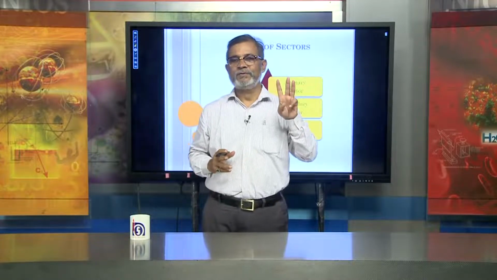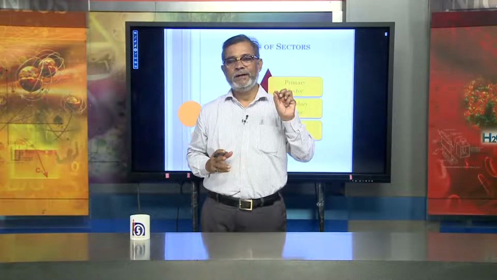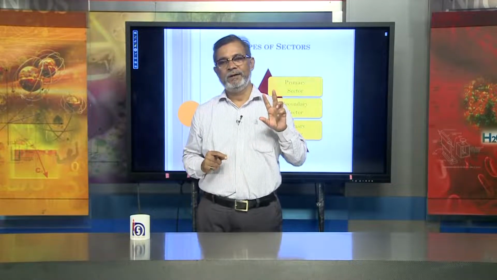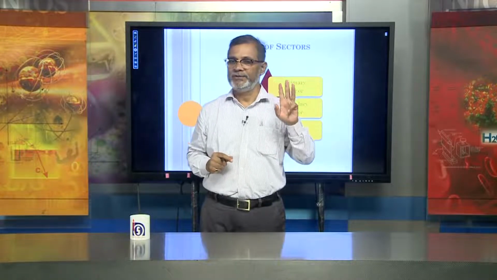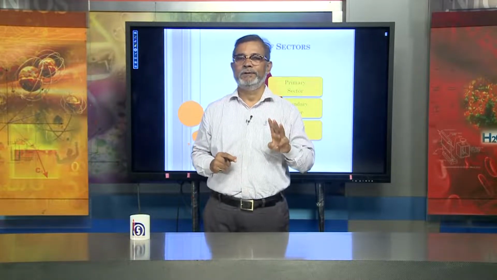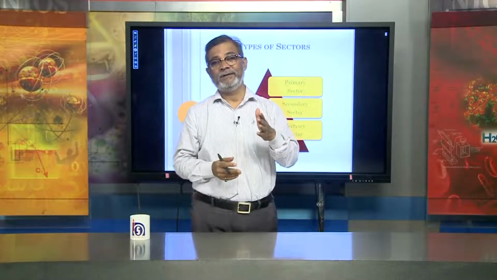The first one is known as Prathmik Kshetra. Second one is Dvitiyak Kshetra, and third one is तृतीय क्षेत्र. तो हम अपने पूरे इकोनॉमी को कितने पार्ट में डिवाइड कर दिया? 3 पार्ट्स में डिवाइड कर दिया. ओके, प्राइमरी सेक्टर, सेकेंडरी सेक्टर एंड